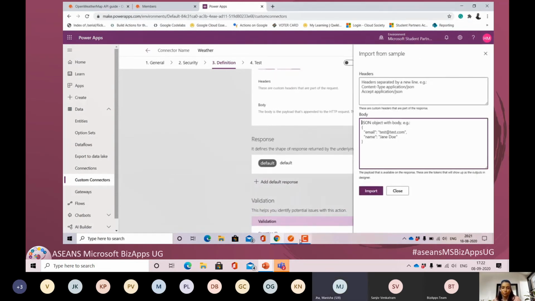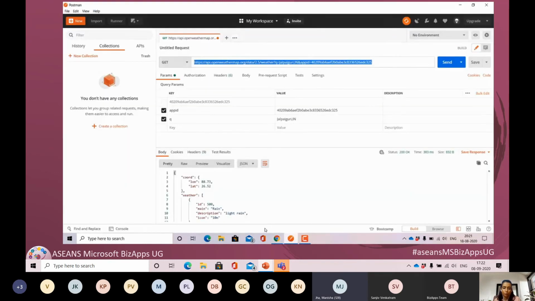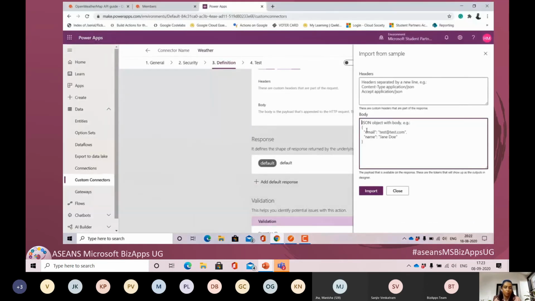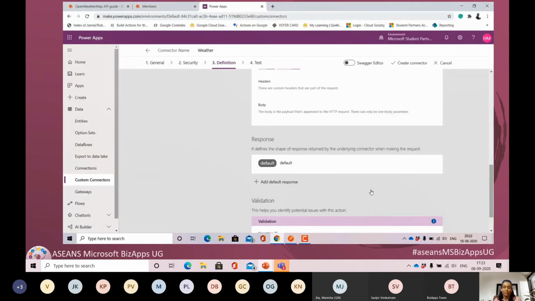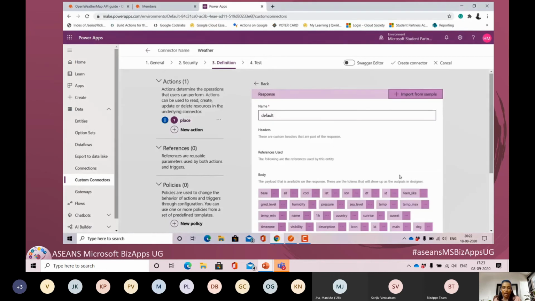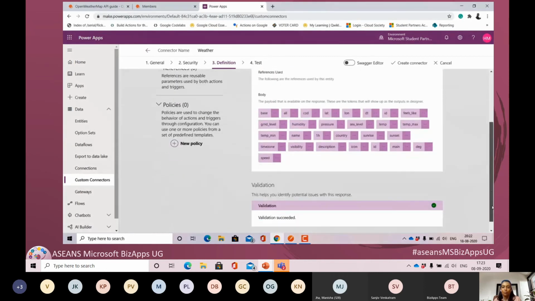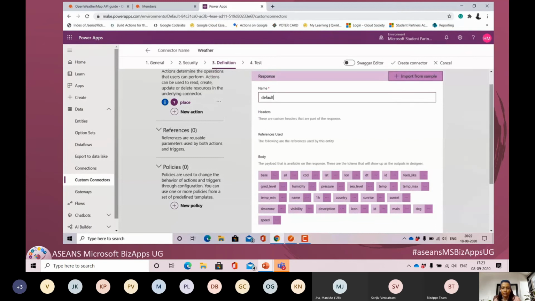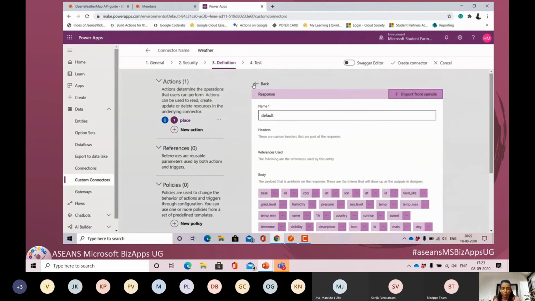And next, for the response, we will again go back to Postman, and here we can either choose the JSON file as already there, or we can take the raw file, and then we just need to copy and paste it and not write any lines of code. And once it is imported successfully, and if we click on it, we'll see all that it will return, that is pressure, name, time zone, visibility, description, and so on and so forth.